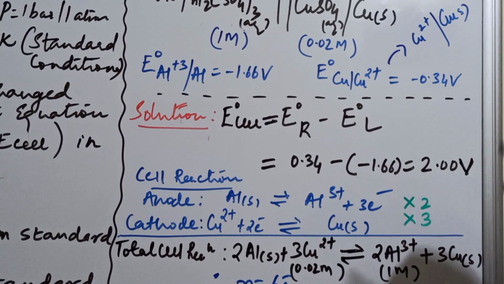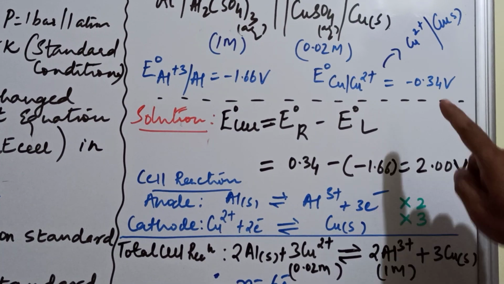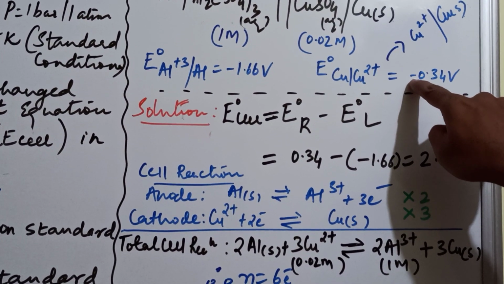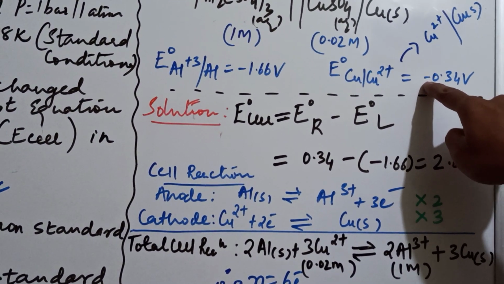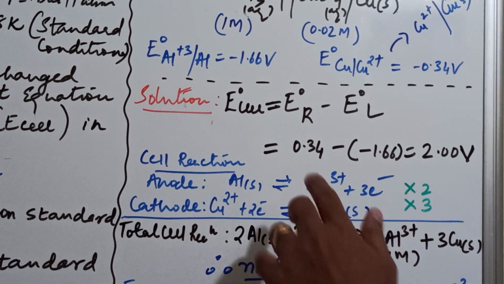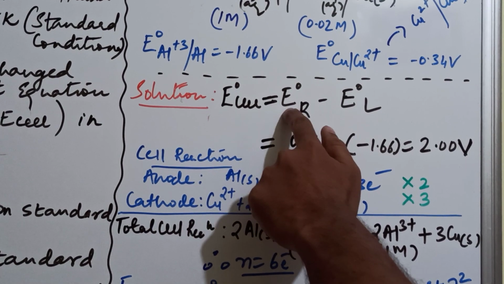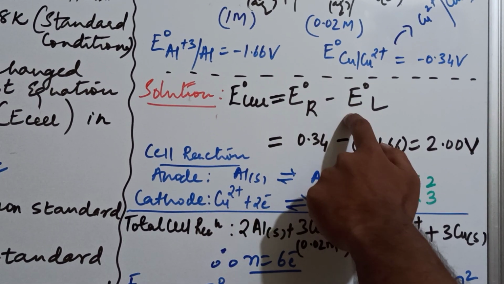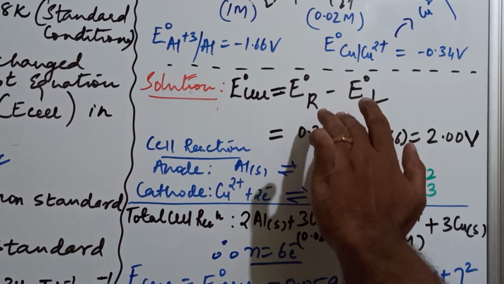Cu solid. Clear? So the sign will become just opposite to what is here, that is plus 0.34 volt. And that is what has been done. We are calculating E0 cell equal to E0 right side minus E0 left side, or E degree ox cathode minus